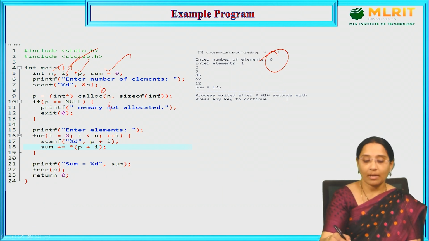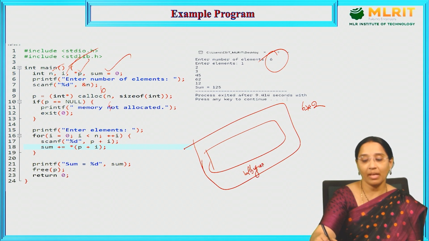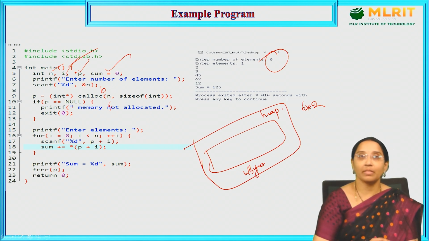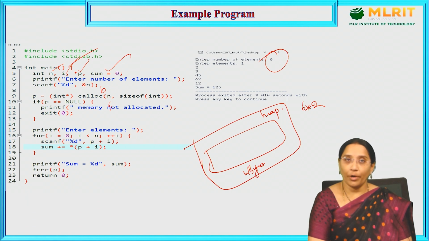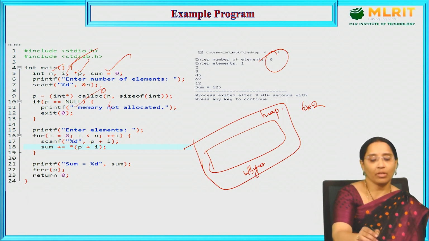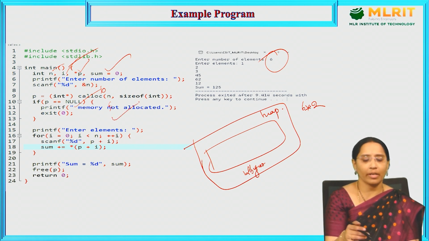So 6 comma size of int means now what it will do in the heap section, 6 into, let's consider size of int is 2. So 12 bytes of memory will be allocated in the heap section. Next, we are checking whether p equal to null means memory was allocated or not allocated. On success it will return the void pointer, if not it will return the null. So if p equal to null, memory is not allocated, so it was unable to allocate the memory dynamically in